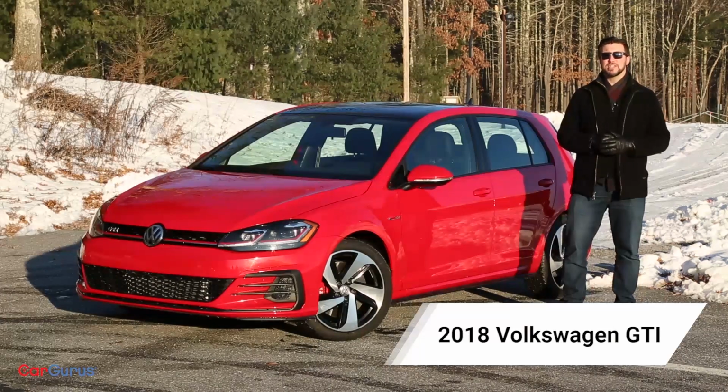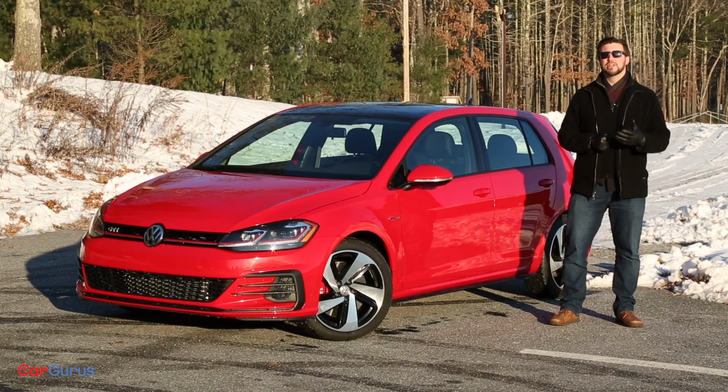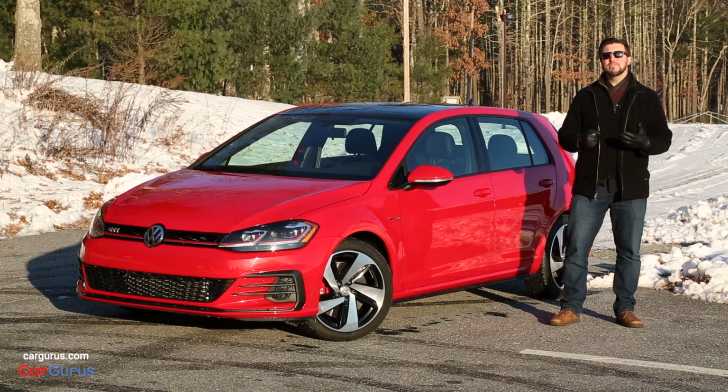Some call the Volkswagen GTI the original hot hatch, but is it still the best? In a world that includes rivals from Ford, Subaru, and even one within Volkswagen's own lineup, what makes the GTI stand out? Hi, I'm George Kennedy for CarGurus, and a car like the 2018 Volkswagen GTI exemplifies the genius of